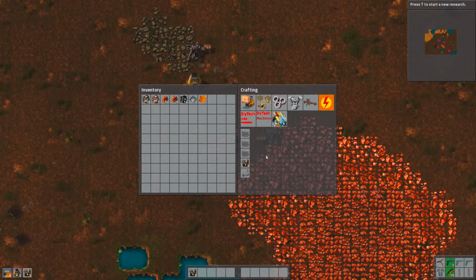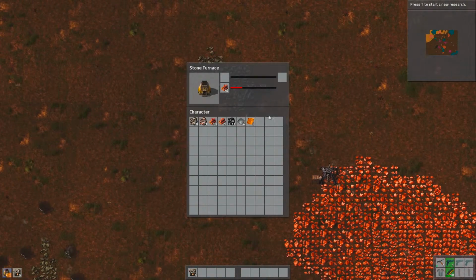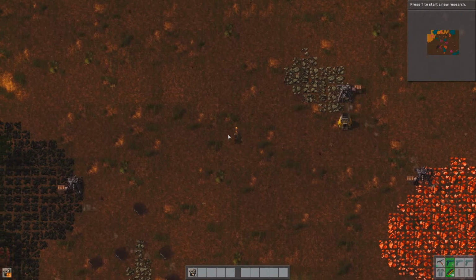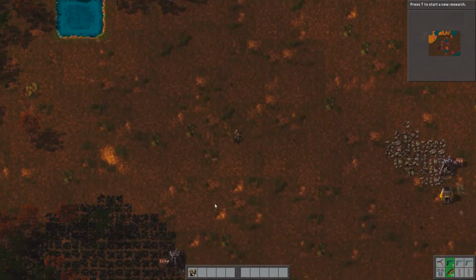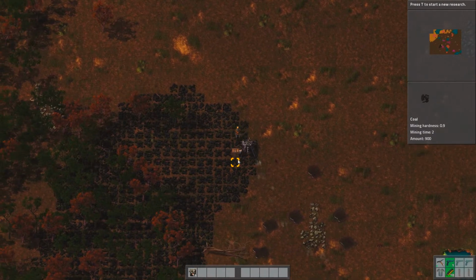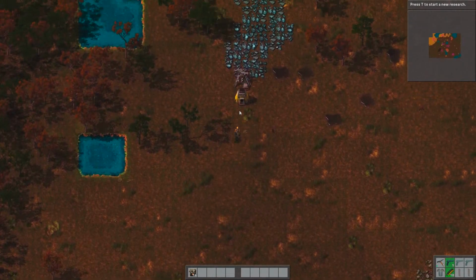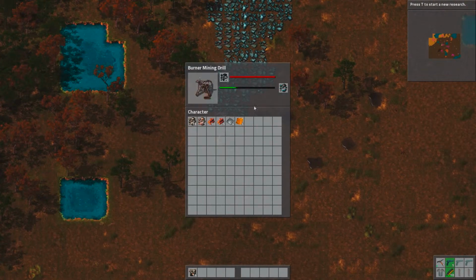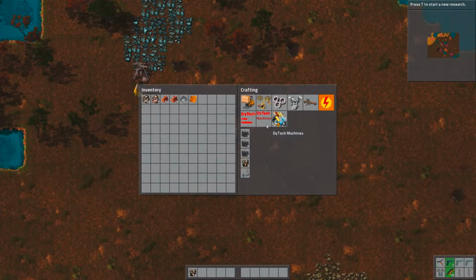And let's do that one more time. There we go. Alright, so how much iron do I have? Not nearly enough. Alright, that's fine by me. And that thing's out of fuel. Okay. See, guys, I'm trying to do this the right way. There we go. Alright, so